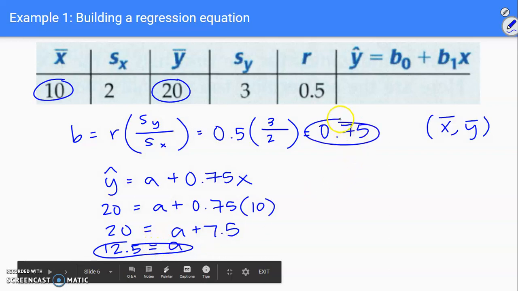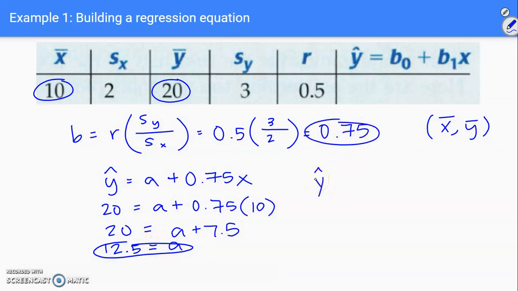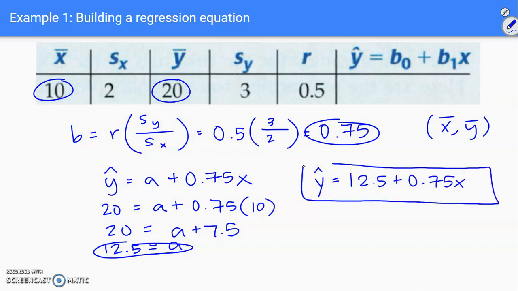I know that my slope is 0.75, so now I can write my equation. y hat equals 12.5 plus 0.75 times x. So now I have my linear regression equation. This is one where there was no context. We didn't know what these variables represented, so it's okay to leave it like this. As always, if you're dealing with a problem where you do know the variables and what they represent, we would want to put this in context. So put the actual variable names instead of just leaving it as y and